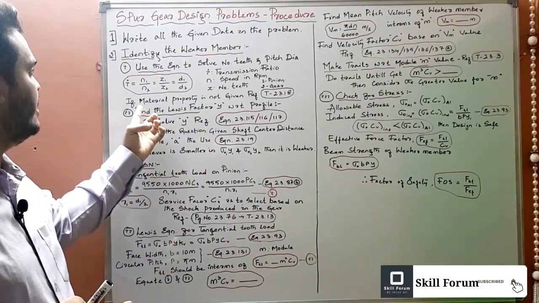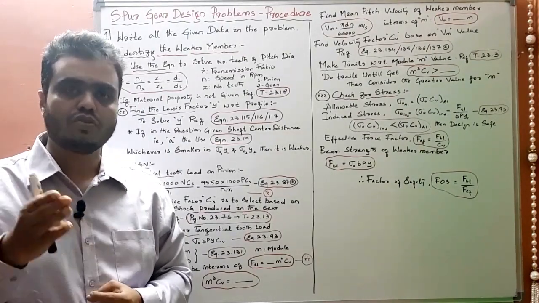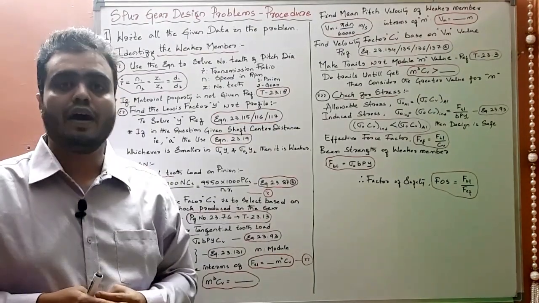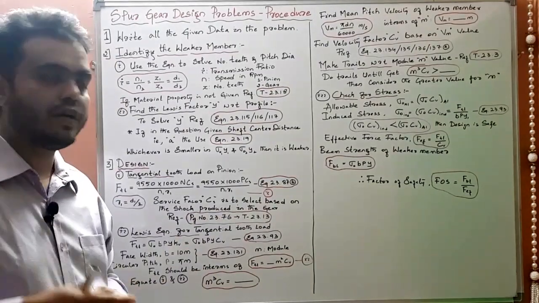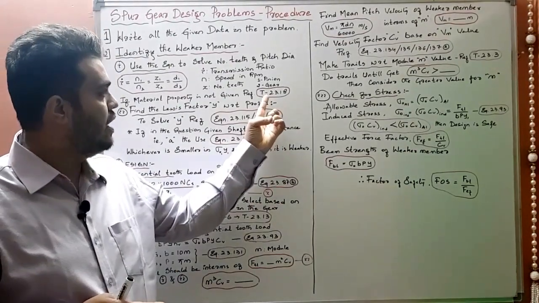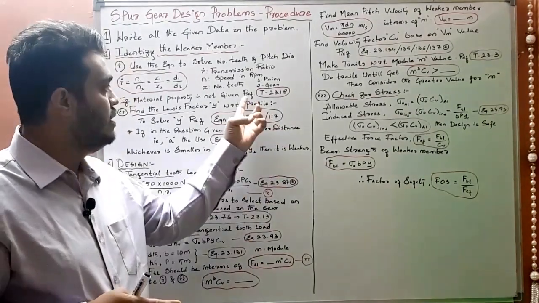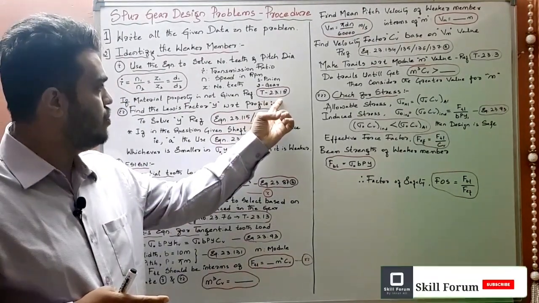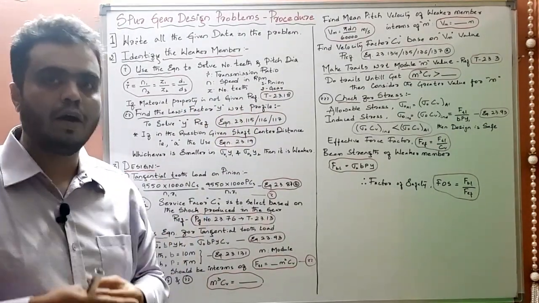In some questions you may get the material information. In some cases you may not get the material properties, that is, which material we have to consider to design the spur gear. If the material property has not been given, I am going to use the new version of the data handbook. You need to refer to table 23.18. If you use this you will get the required material property data as per the design.